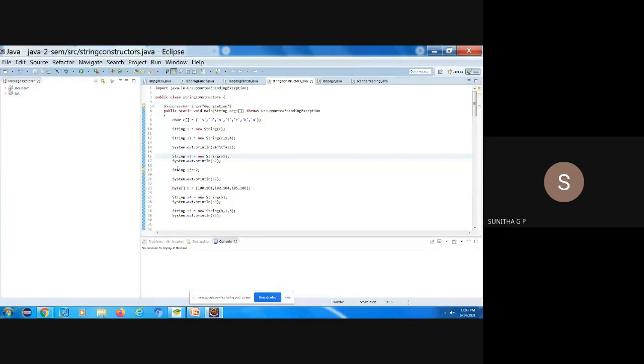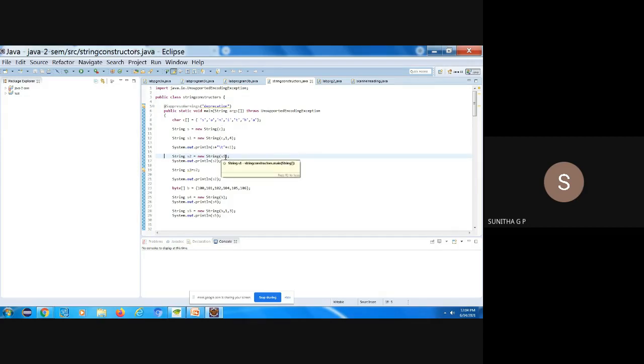Okay, or you can take up to this. Okay, then for byte we will move on. And next is what? I'm sending only a string object here. String s2 is new string s1. So a string as an object I am sending.